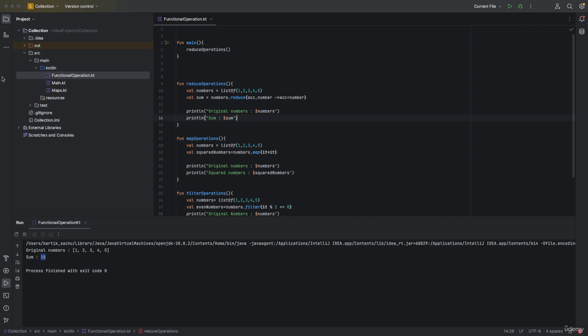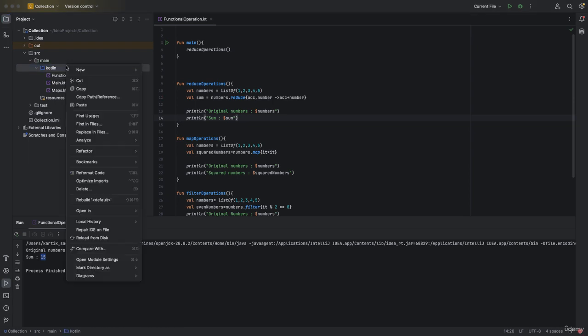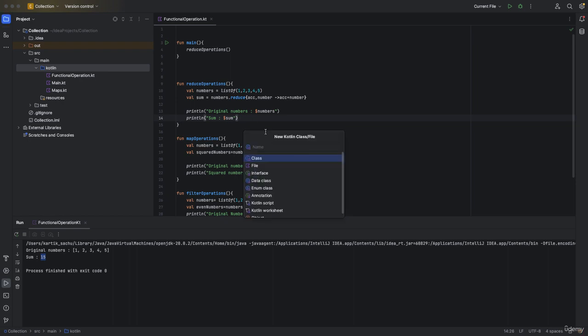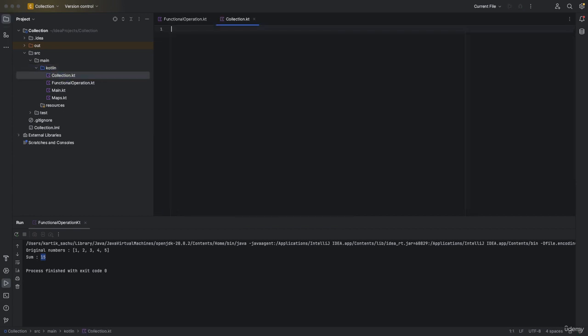What I'm gonna do is create a new file. Let's go to a new Kotlin class file, make sure it's a file, and over here I'm gonna say collection. Now once that is done,